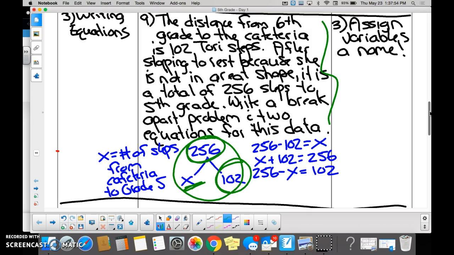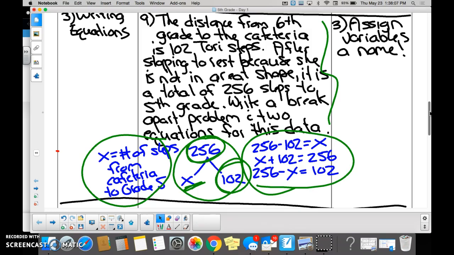Do you guys remember how hard it was for us to come up with what x represented? Remember how many of you raised your hand and I said no. Do you understand why it's really important to know what that x represents? Yes. Cool. And then again, we just did a break apart problem. We wrote a whole bunch of equations and you guys were all good. Questions? Yes, ma'am. So the whole point of